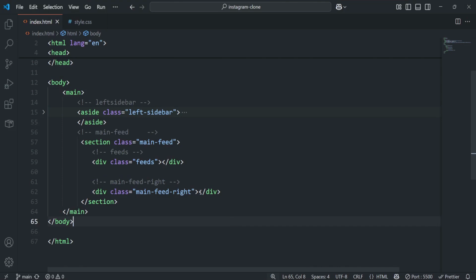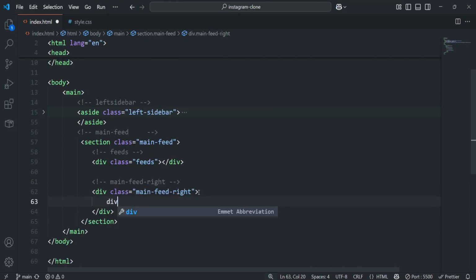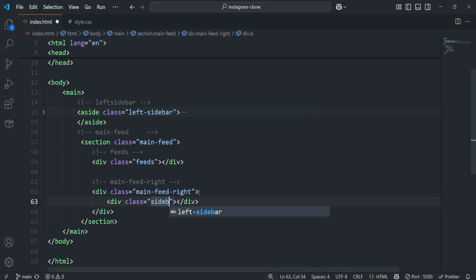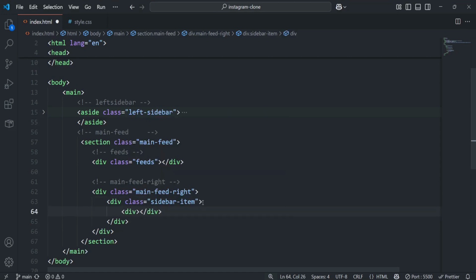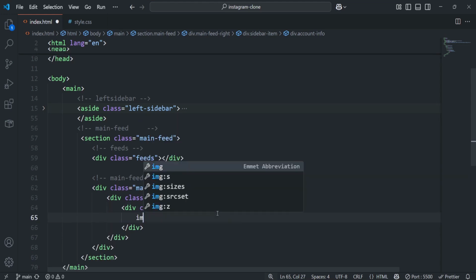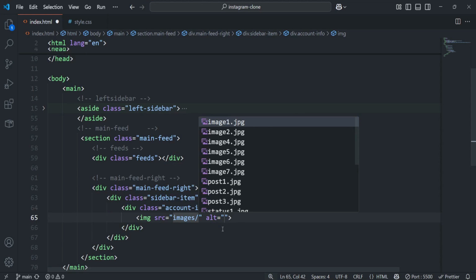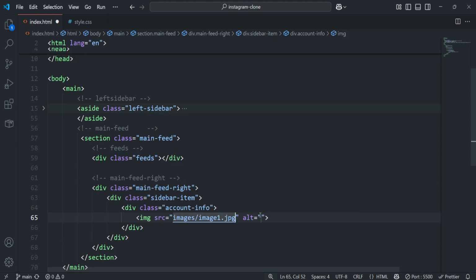Now inside this main feed right div, I'll create a div. I'll give this a class name of sidebar item. And inside this sidebar item, I'm going to have a div that's going to have a class name of account info. Okay. And inside this account info div, first of all, we're going to have an image, and this image is going to go into the images folder and access image1.jpg,